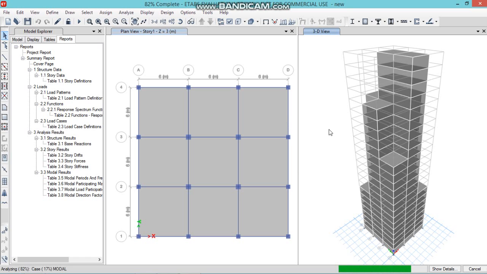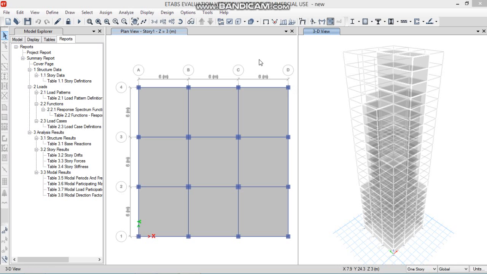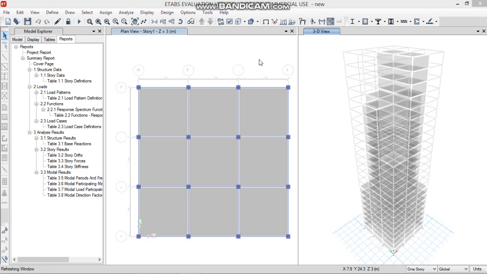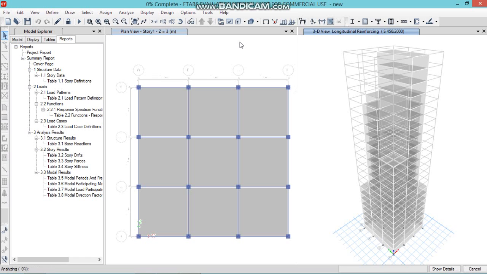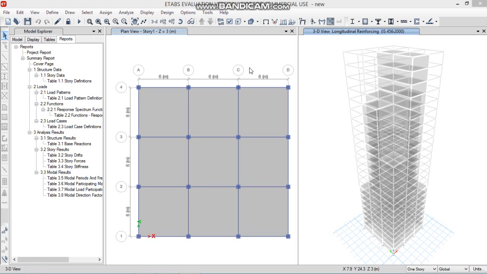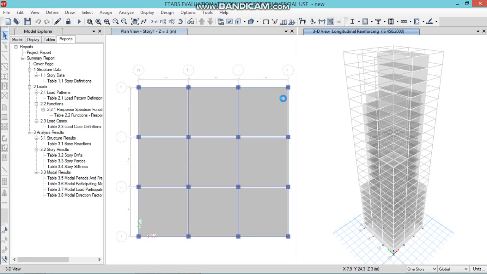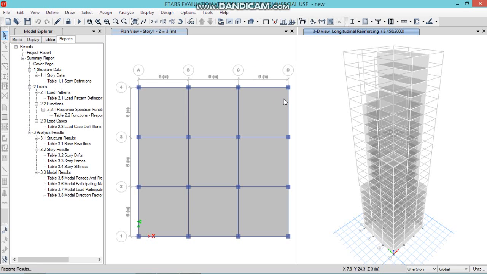And in case there are still some sections that have failed in this design, then you just have to reiterate again and repeat the process until all the members pass the design check. So this is how we're going to complete the seismic design with the help of response spectrum method.